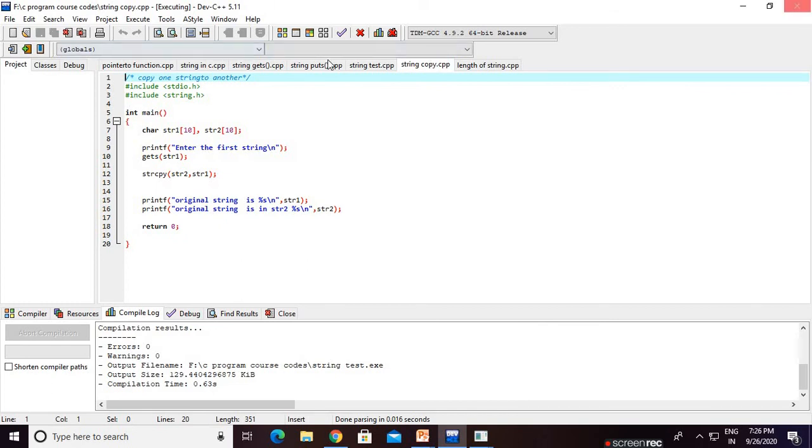This is our code. Again we take two strings, meaning two character arrays: str1 of size 10 and str2 of size 10, of data type char. printf enter the first string, then gets.